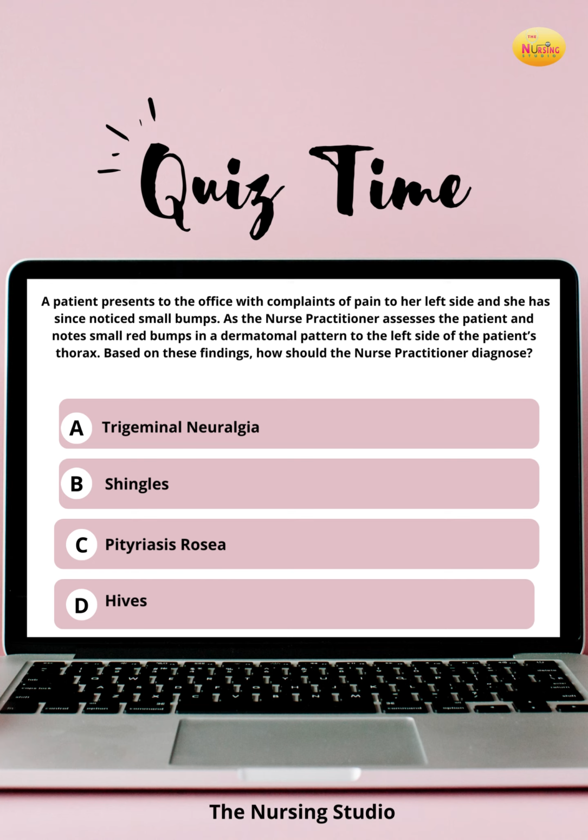All right, you guys, I always tell you to read the stem of the question first to ensure you are answering what they are truly asking you, right? So the stem of this question states, based on these findings, how should the nurse practitioner diagnose? So, all right, what are we even seeing? How do they present before we can come up with a diagnosis or a differential diagnosis? The patient is stating that they have pain to that left side. She says she has noticed some small bumps. The nurse practitioner notes on her assessment small red bumps in a dermatomal pattern to that left side of the